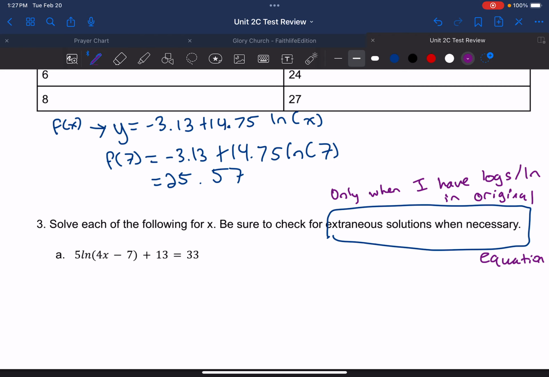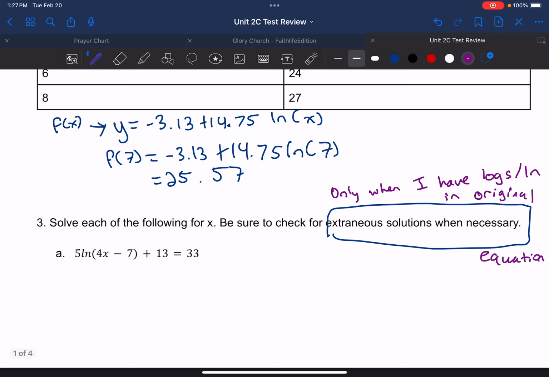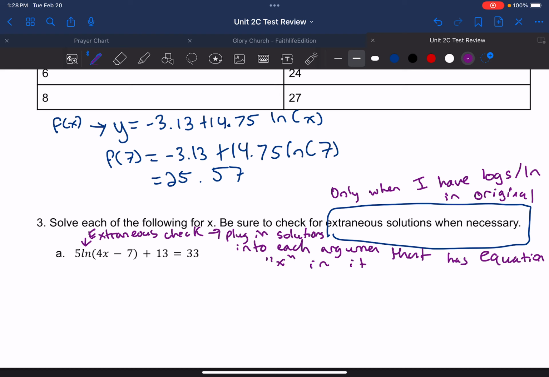So on 3A, for example, we'll do A and then we'll stop there and then pick up in another video. So on this one, I do have ln, so I'm going to have to check for extraneous solutions. And you do that by plugging in your solutions to each argument that has an x in it. So for example, right here,